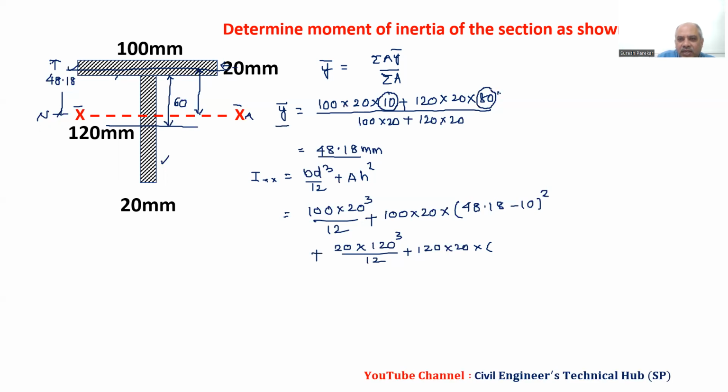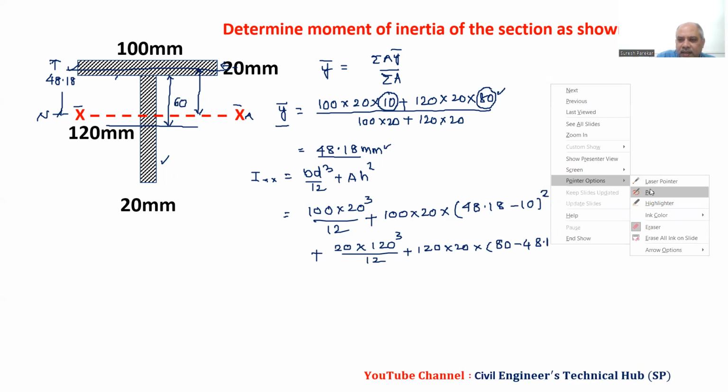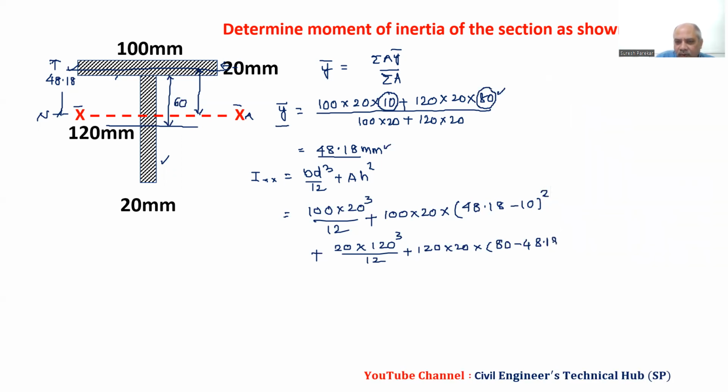So we have to subtract 80 minus whichever is greater; we have to subtract the other value from it. So 80 minus 48.18, and that is the square of this. So 48.18 squared. And from this we will get this value, that is equal to, I will write each term separately,